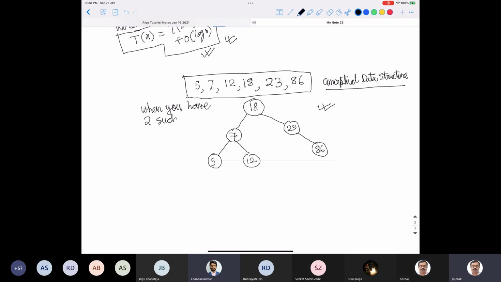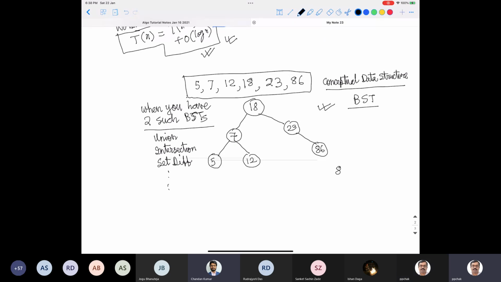So now when you have two such, so these are binary search trees. When you have two such BSTs, we are talking about their union, intersection, set difference, etc. So now we have seen two algorithms, two approaches. And now when you see, if you have one like this, and suppose you have another as